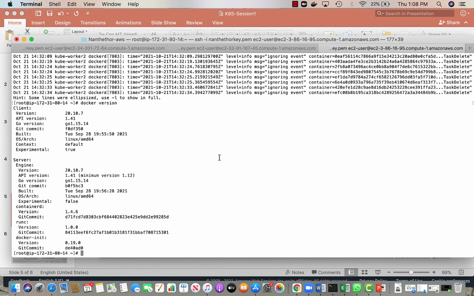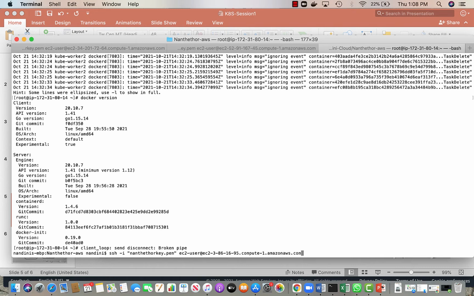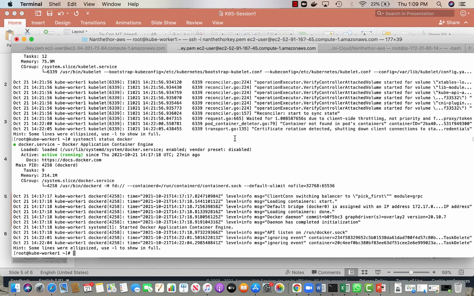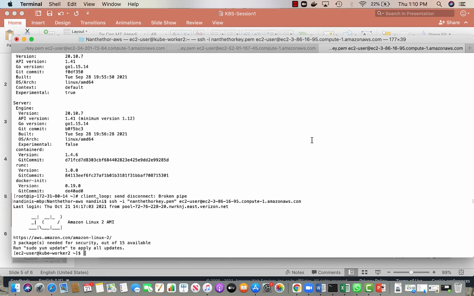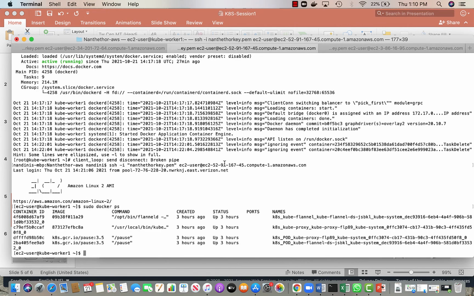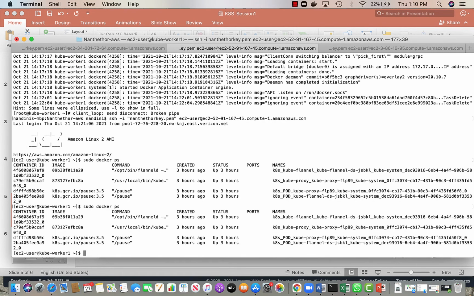So if we do a Docker version, I lost the connection. Okay, so if you do a Docker version, you see here, this is one of my worker nodes, and if I do a docker ps, we see what all is running. And if I do a docker version,